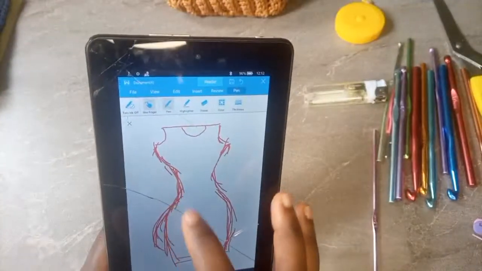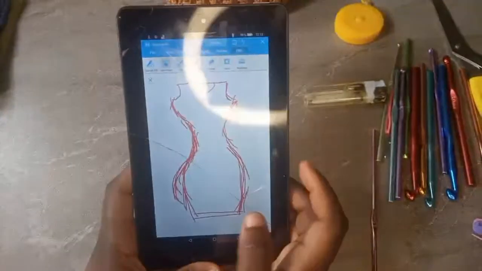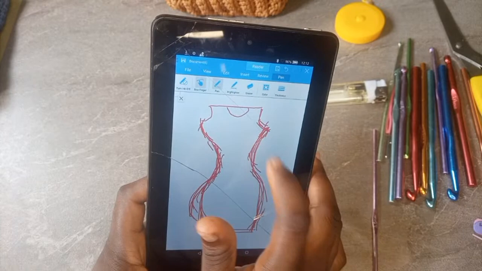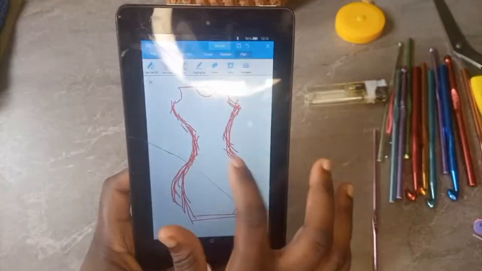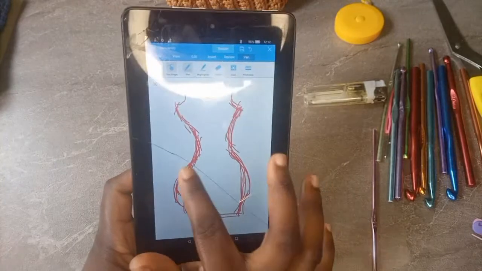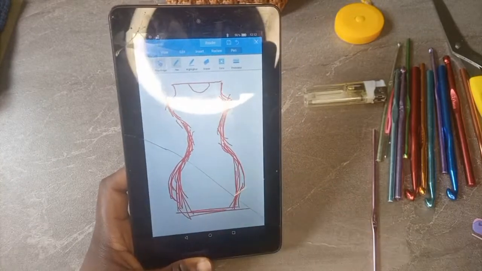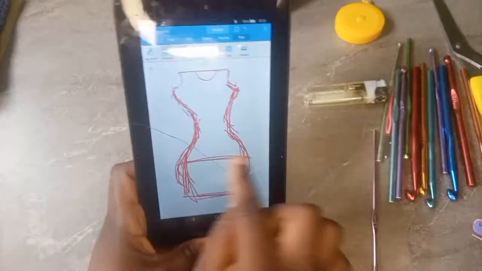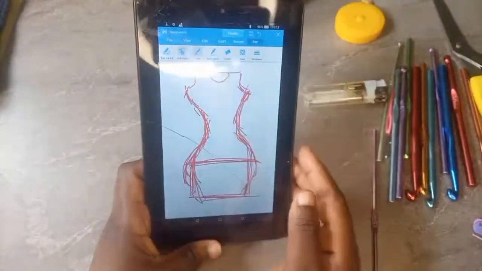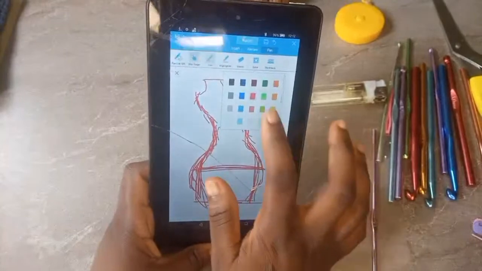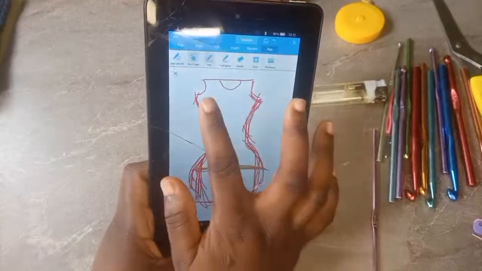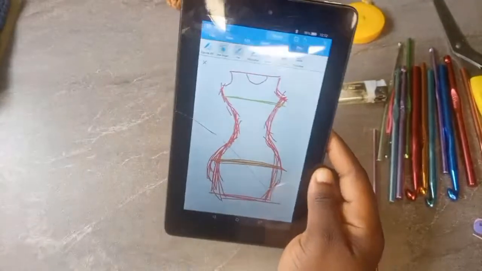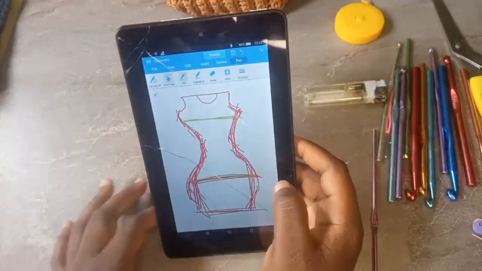Okay, so I drew this to actually show us how a woman's body is. Sorry, don't mind my drawing. We know the biggest part of a woman's body, we are trying to make a dress, okay? So the biggest part of a woman's body is the hips mostly. Sorry, let me change the color. It's usually the hips, and for some it's usually the bust area. So that's why you find out that some people have like big breasts and have like smaller hips.